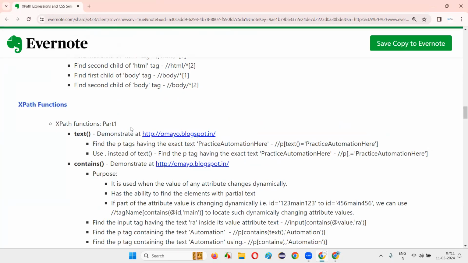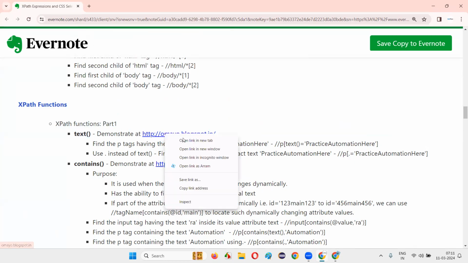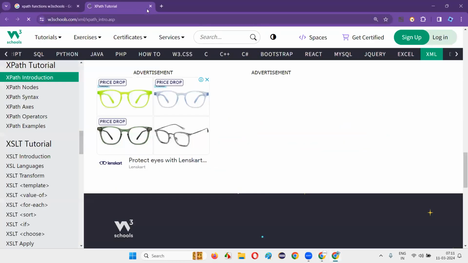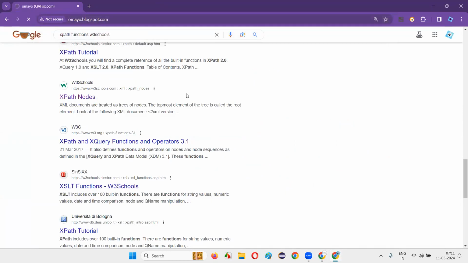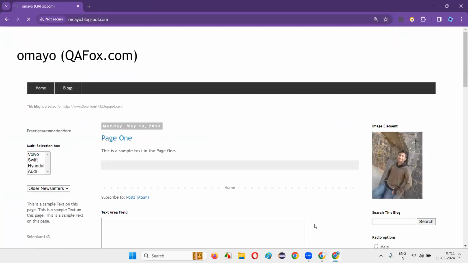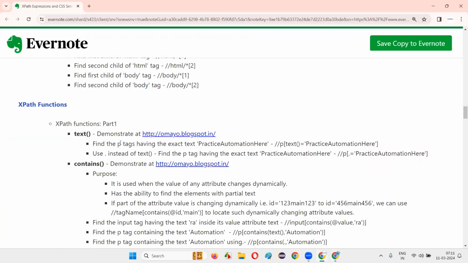Okay, fine. So I'll demonstrate the first type of function, that is the text function. I'll go to this application, umaya.blogspot.com. And I have to find the p tags having the exact text, which is containing the text as practice automation here. Okay, how to do that? So how to use XPath and